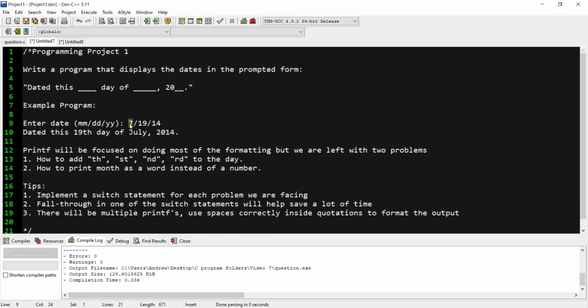So it should prompt out July. If it's the 9th, it should be September. And then we're going to do a comma and 2014. So we're only going to focus on years after 2000s, so 2000 and above. So the printf will be focused on doing most of the formatting, but we are left